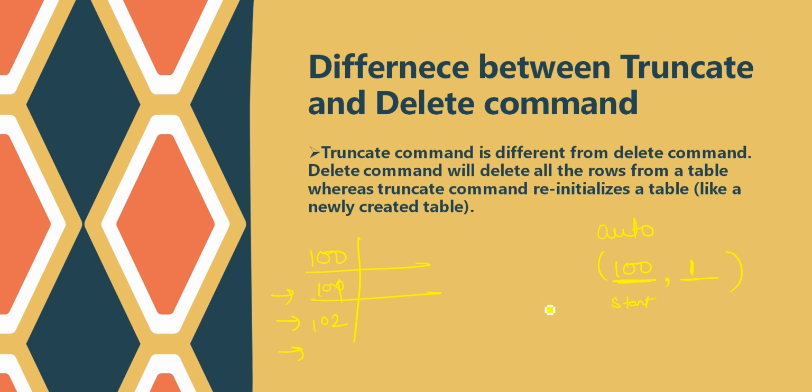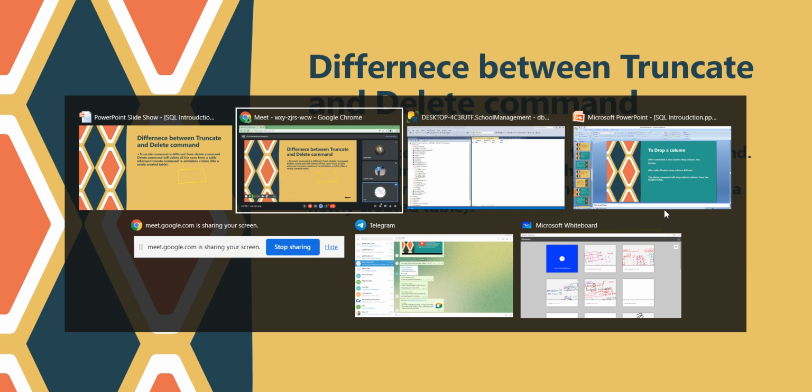So I will write 1. Let's say I want to start at 100, but the next should be 102, 104, 106. I want to add plus 2 every time. So again I write 100 and I want to add 2 every time. This auto increment option can be used for a primary key, and we are always going to use it because as a programmer we do not want to bother about inserting unique values each and every time. I give this task to my tool.